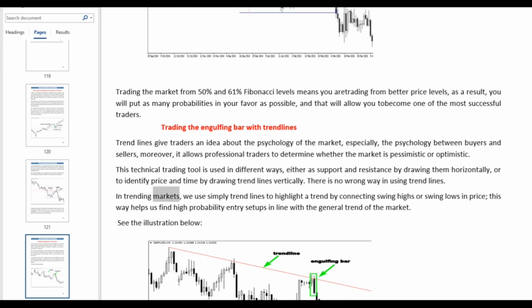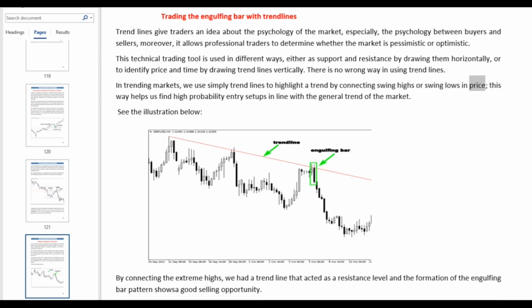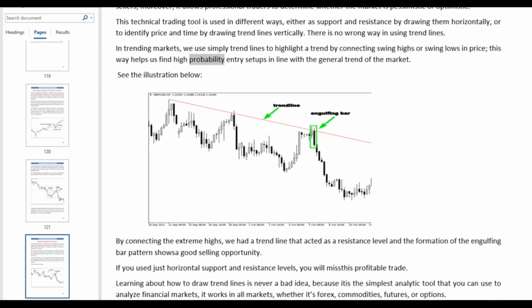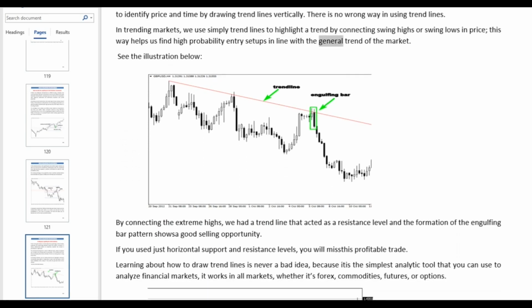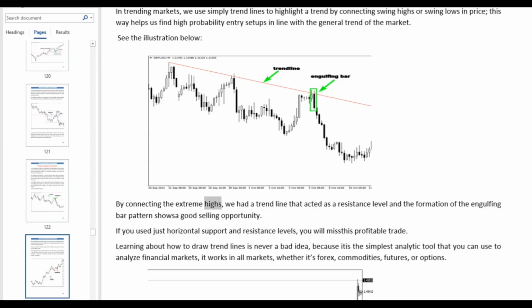In trending markets, we simply use trend lines to highlight a trend by connecting swing highs or swing lows in price. This way helps us find high probability entry setups in line with the general trend of the market. See the illustration below. By connecting the extreme highs, we had a trend line that acted as a resistance level, and the formation of the engulfing bar pattern shows a good selling opportunity. If you use just horizontal support and resistance levels, you will miss this